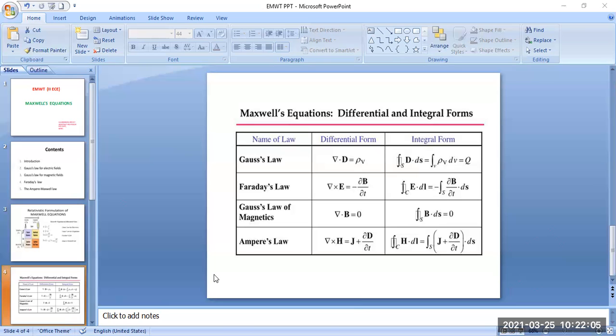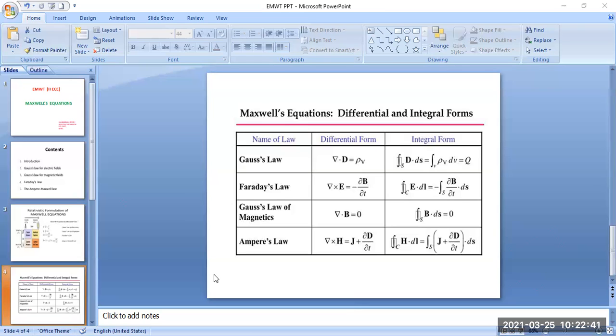The first form is the Maxwell's equations for static fields. Second one is Maxwell's equations for time varying fields. Third one is the Maxwell's equations for conducting medium, or good conductors. Next one, Maxwell's equations for good dielectrics. Next one, Maxwell's equations for free space. Last one is the Maxwell's equations for sinusoidal variations, or phasor notation, or time harmonic fields.